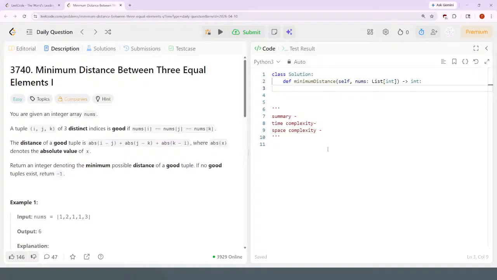Alright, minimum distance between three equal elements, part 1, easy. You're given an integer array nums. A tuple of three distinct indices i, j, k is good if nums[i] equals nums[j] equals nums[k]. So three spots where the values are the same in the array. The distance of a good tuple is the absolute value of i minus j,